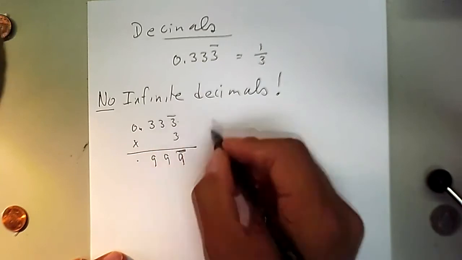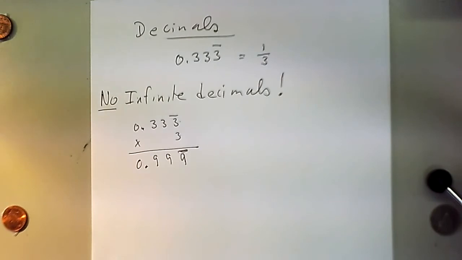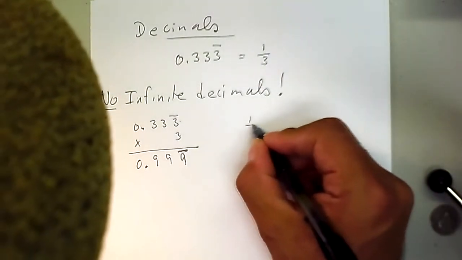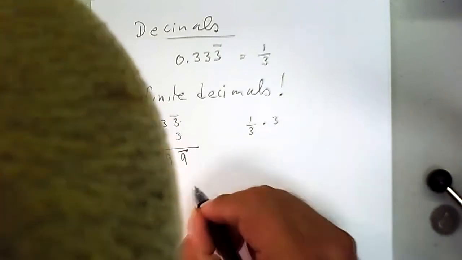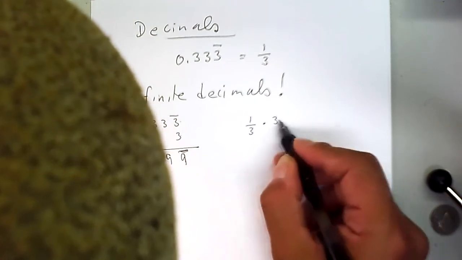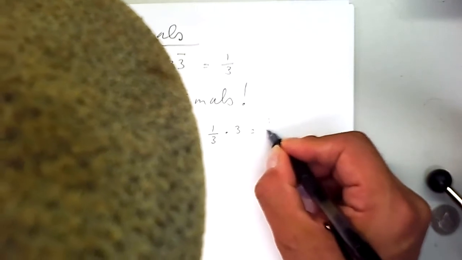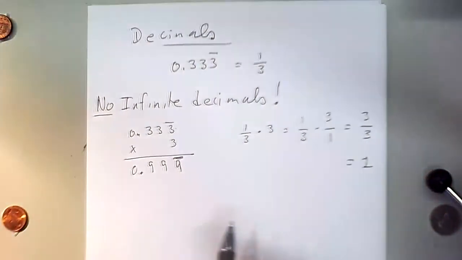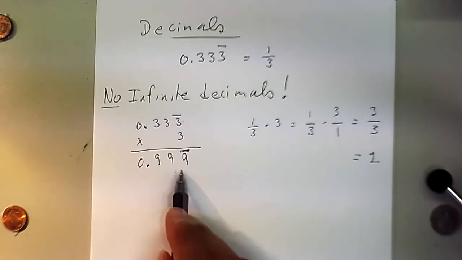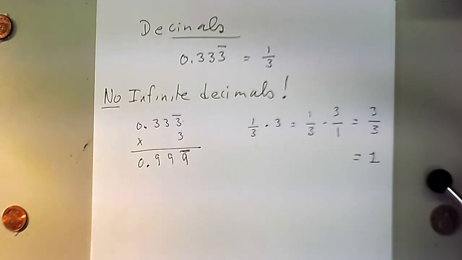9 times 3 is 27, so there's nothing to carry over. So we end up with 0.99999. But in reality, if you have 1/3 and you multiply by 3, we're using this middle point as a product, then we of course know that the 3's simplify. This is 1 over 3 times 3 over 1, which is 3 divided by 3, which of course is the number 1. It is true that this infinite decimal 0.999999 forever is equal to 1, but